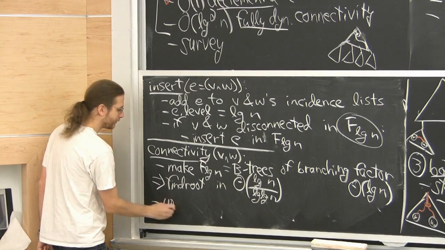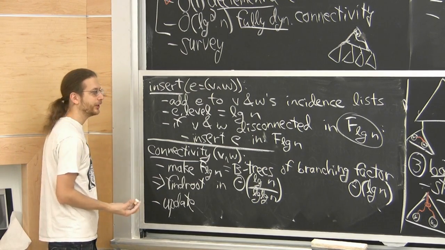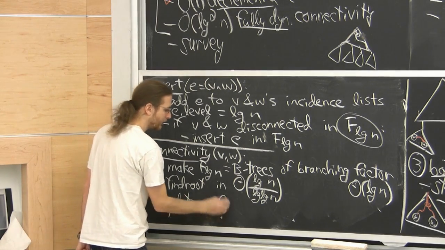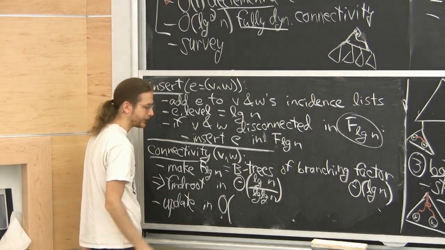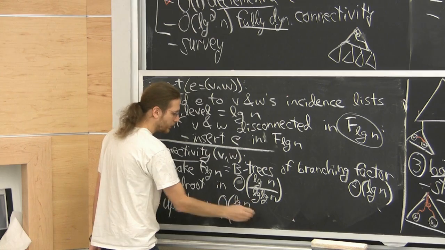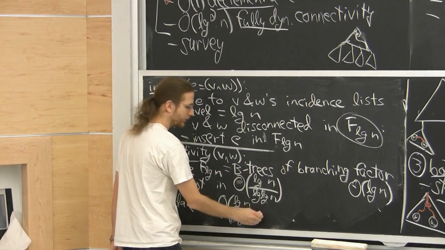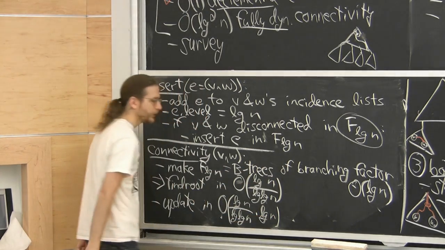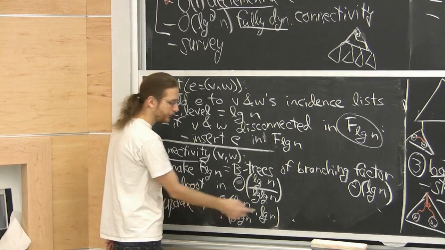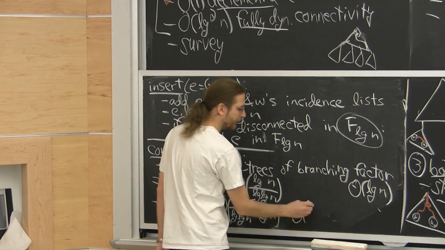And I claim the update is kind of OK because it's slowed down, but we're already going to pay log squared eventually. And here we were doing log. So we don't need to be that fast. Update is now going to be the height of the tree times the branching factor. If we touch nodes in a root to leaf path, there's log over log log of them. For each one, we have to rewrite the whole node, so we pay log. But this is less than log squared.